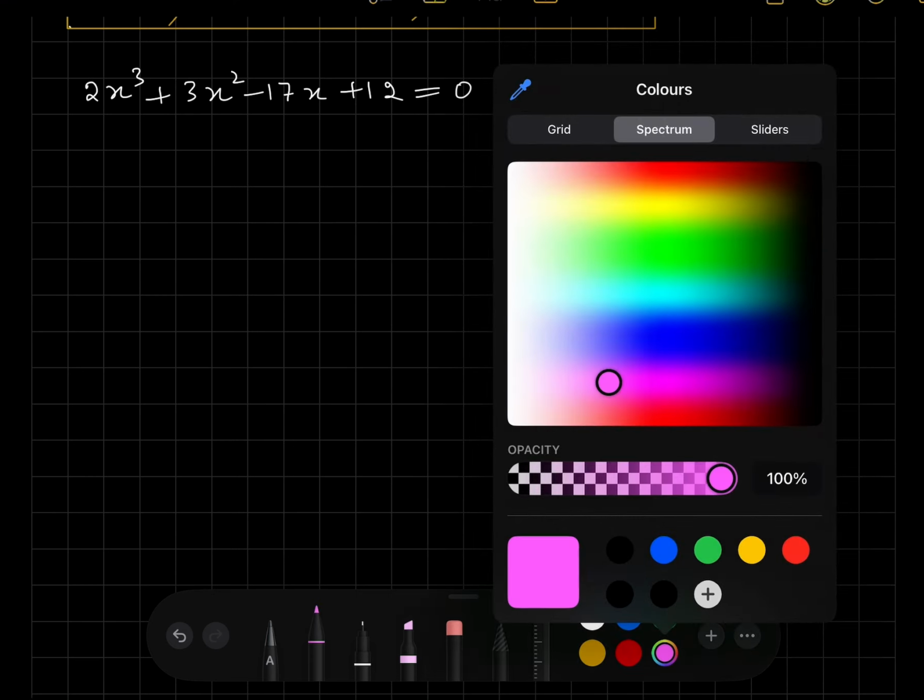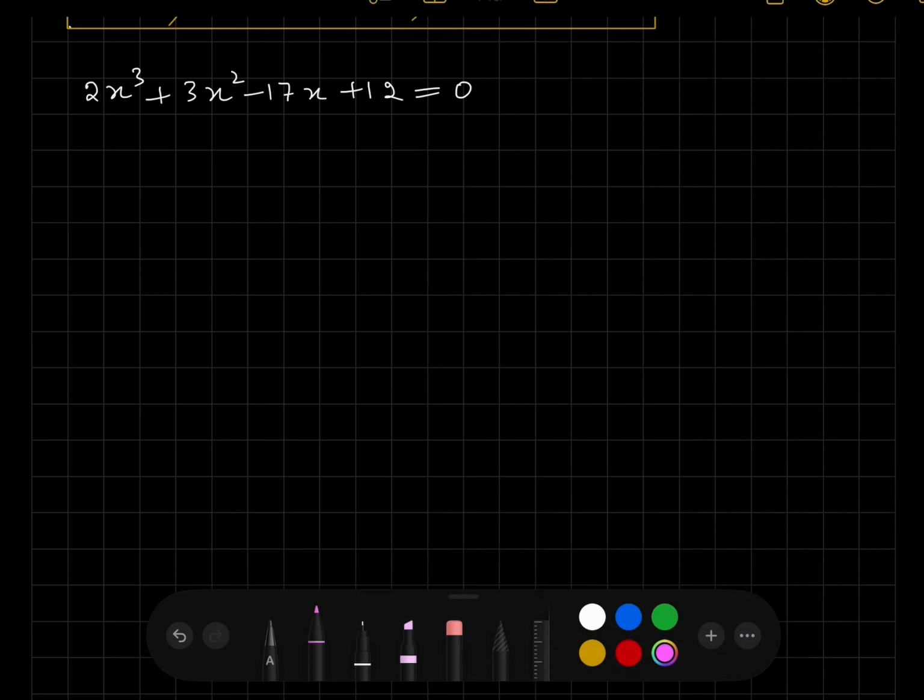That would be good. So here I have written the polynomial 2x cubed plus 3x squared minus 17x plus 12 equals 0. So factors of plus 12, of course, are plus minus 1, plus minus 2, plus minus 3, plus minus 4, plus minus 6, then directly plus minus 12. Let us write this as f(x) equals to,